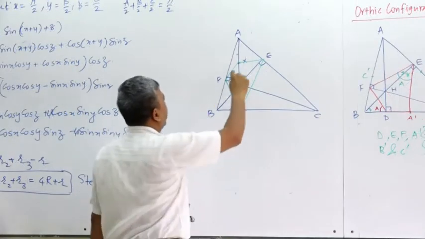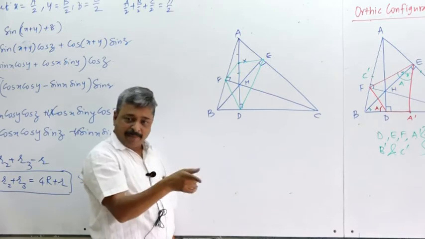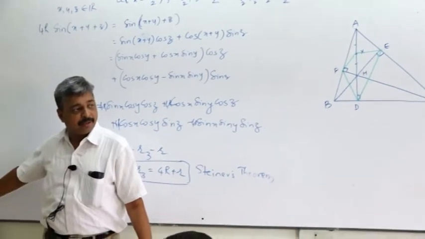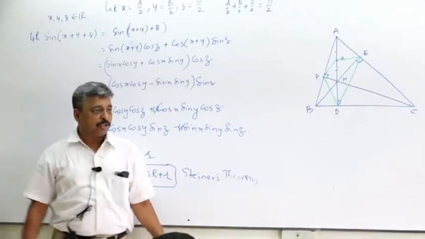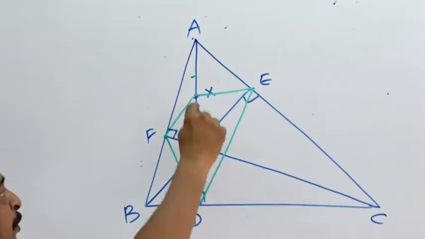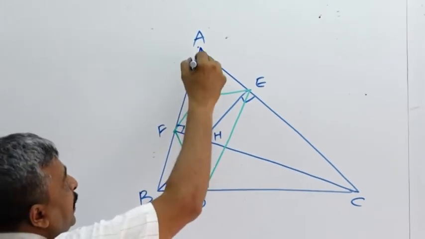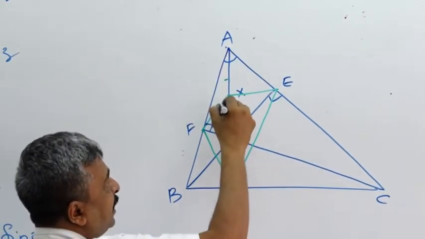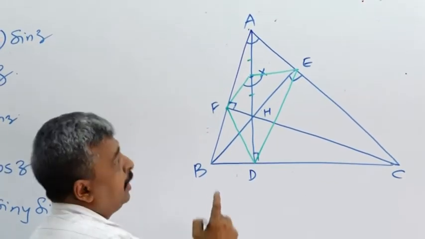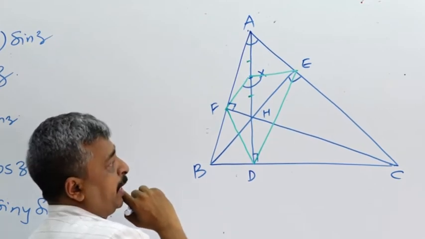So I was telling X is a midpoint of AH. AH happens to be the diameter of that circle. Do you see the diameter? Why is it a diameter? Because opposite angles are 90-90. Therefore, this has to be diameter. Therefore, X must be the center of the circle. Therefore, if this angle is capital A, this angle will be 2A. Correct? This angle will be 2A.